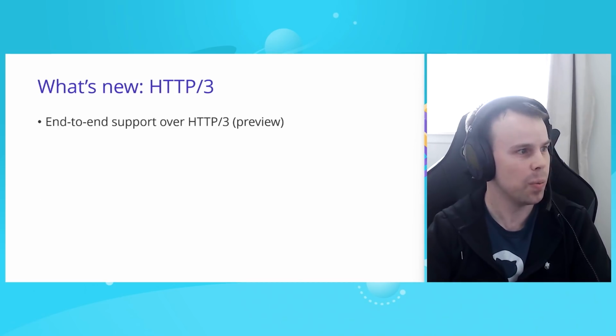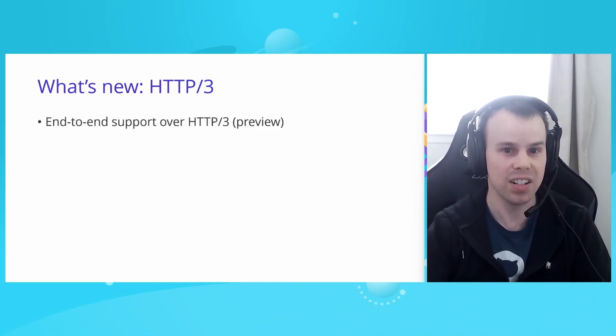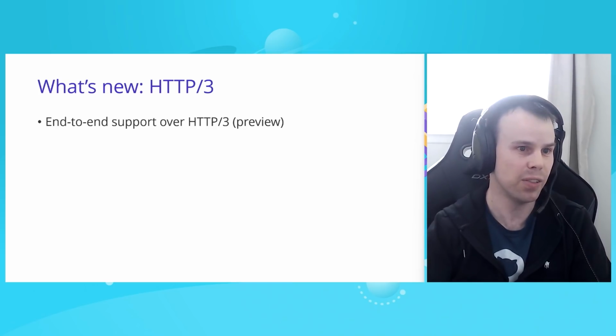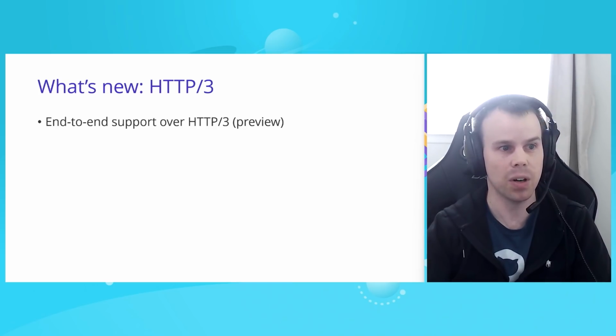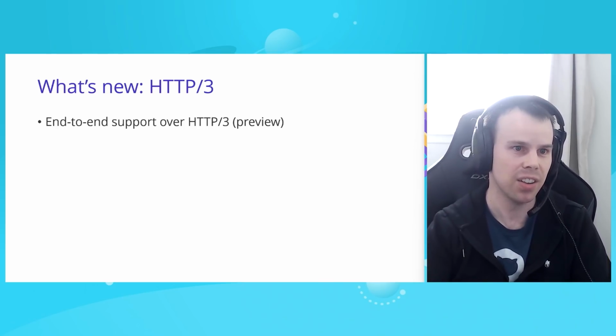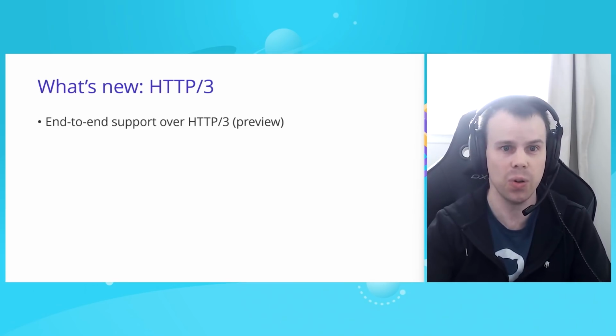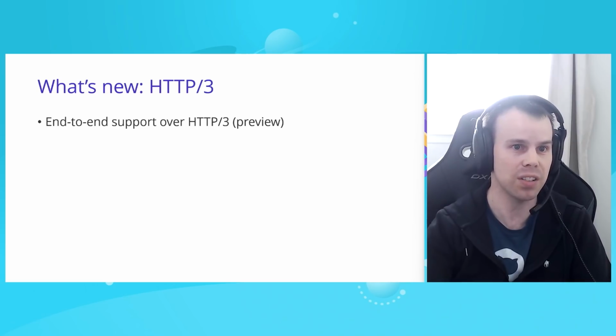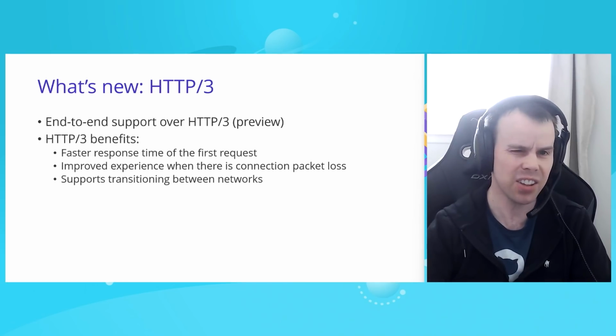Final feature I'll talk about is HTTP3. So ASP.NET Core and HTTP Client support HTTP3 in .NET 6 as a preview feature. With gRPC, we're able to do end-to-end support over HTTP3 with gRPC calls. Now, this is quite interesting because the .NET gRPC implementation is the first one which supports this. And we've submitted a proposal about how to do it, and hopefully the rest of the gRPC ecosystem also starts supporting HTTP3. There's nothing really to demo here,